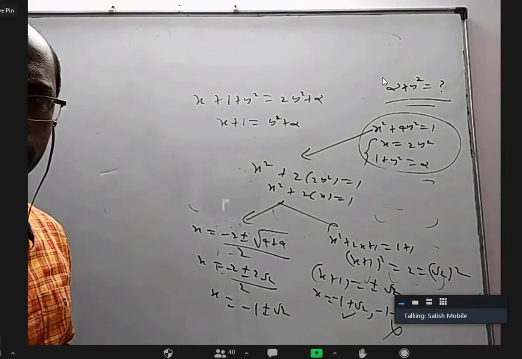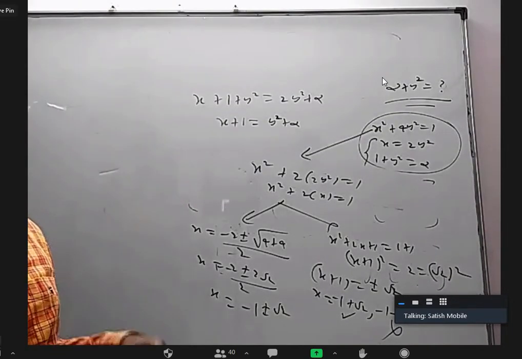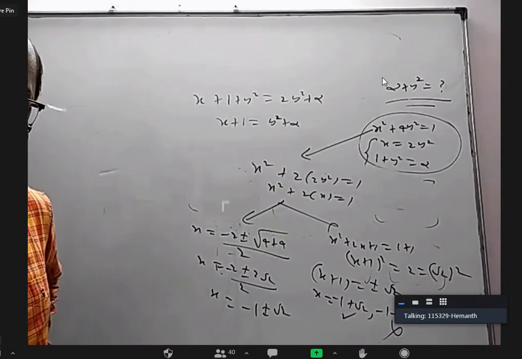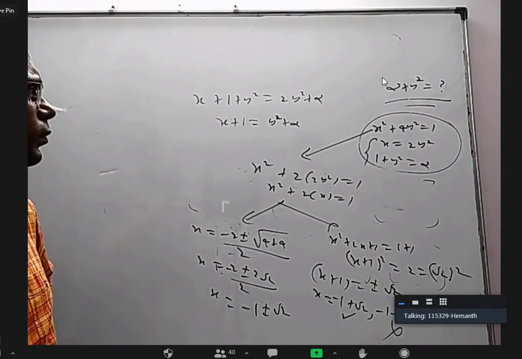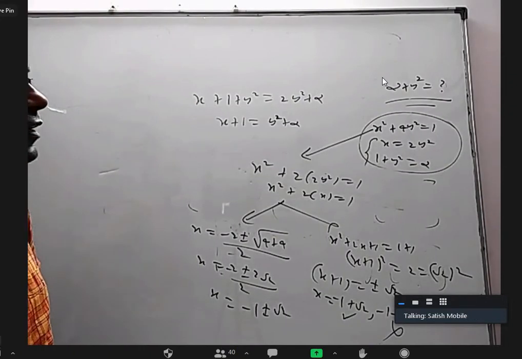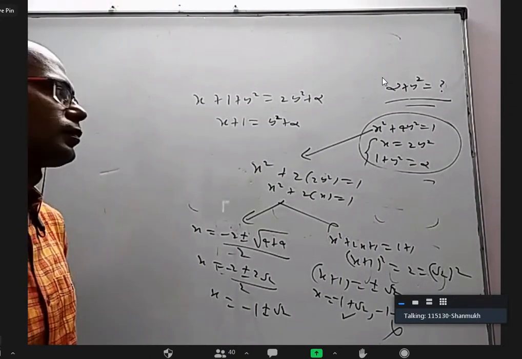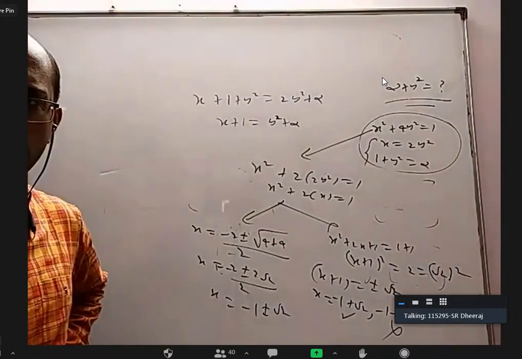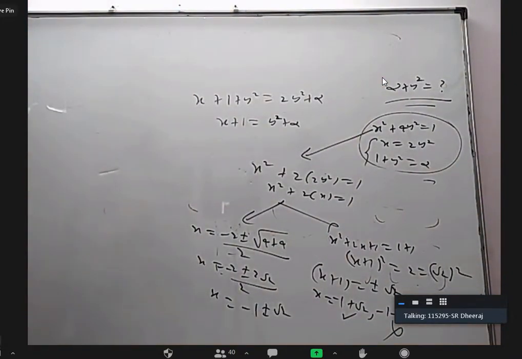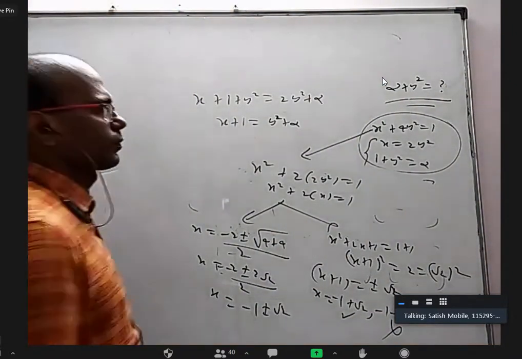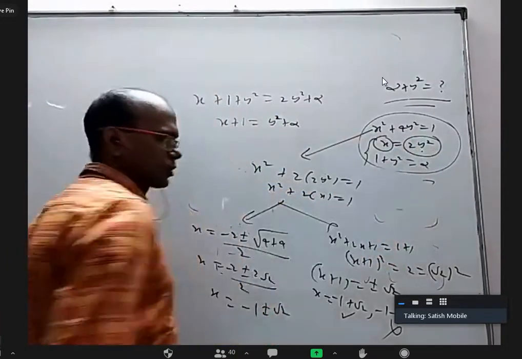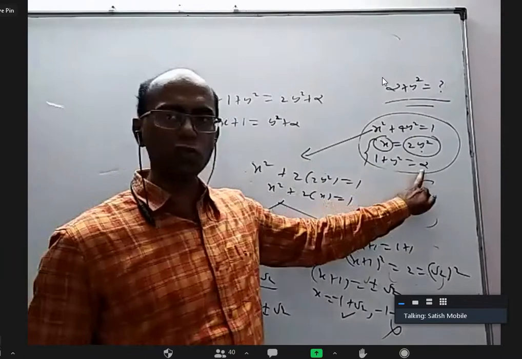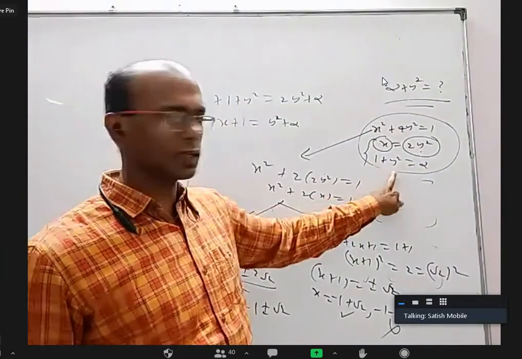Yes, Shanmukh. Anybody? X can't be negative. Sir, we are finding alpha plus y square, which is positive, and alpha is negative. Alpha is positive or not, we don't know, right? It's a real number. Because x is equal to 2y square, and y square is always positive and 2 is also positive. That's why this is positive. Of course, even if somebody said alpha is positive, that's also correct because 1 plus y square is there.